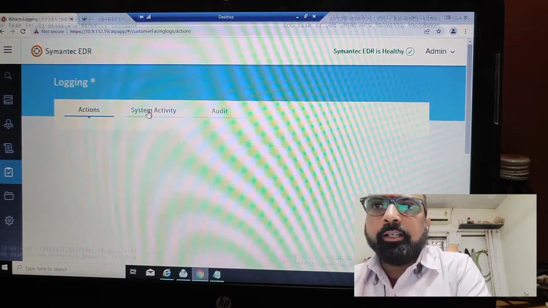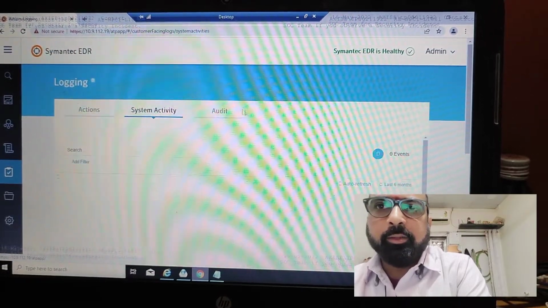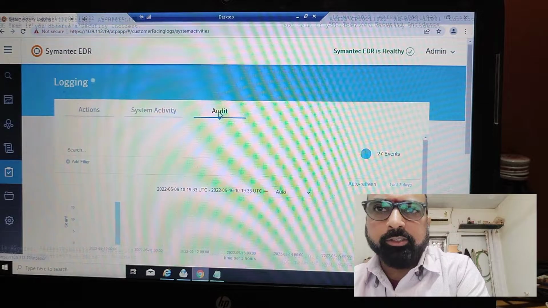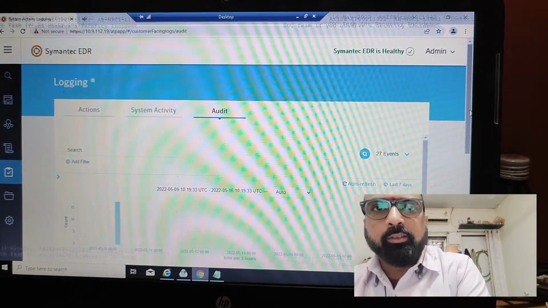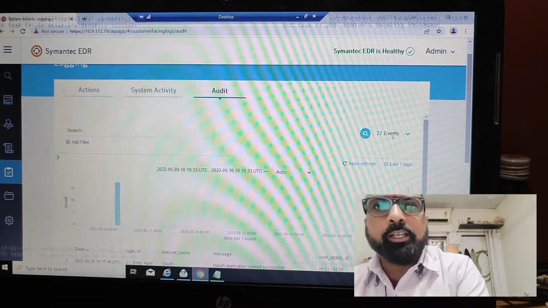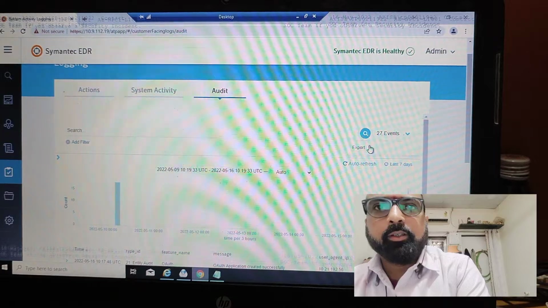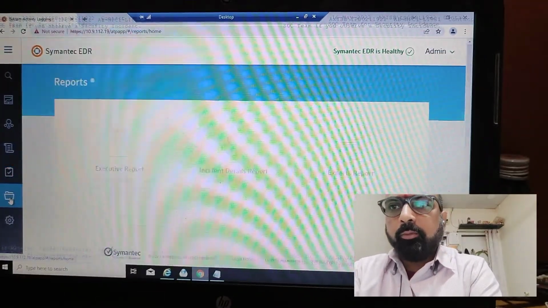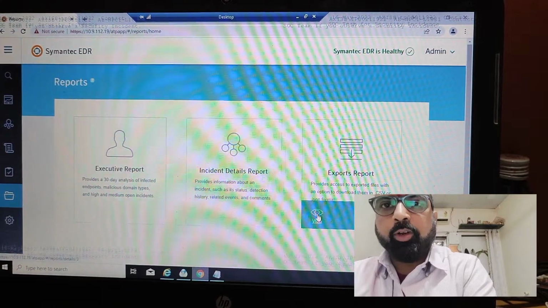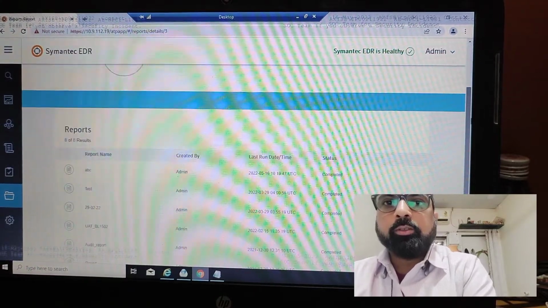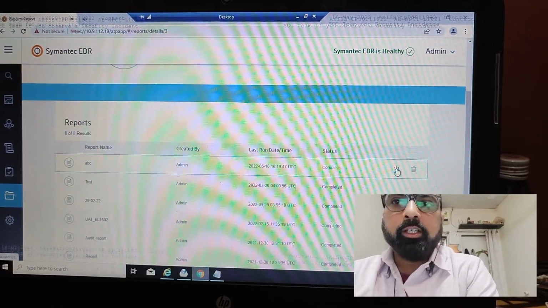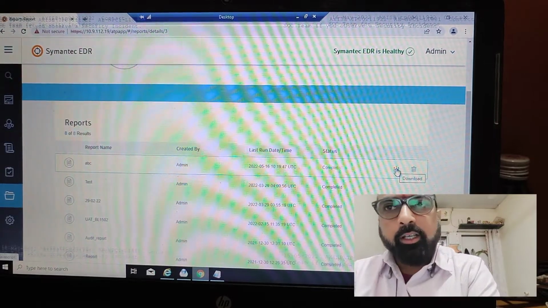You can take the logging action, system activity, any kind of audit logs. You can download them here. You can export these logs. Name is ABC example. Here is a configuration log viewer. You can also download these logs in Excel format and see.